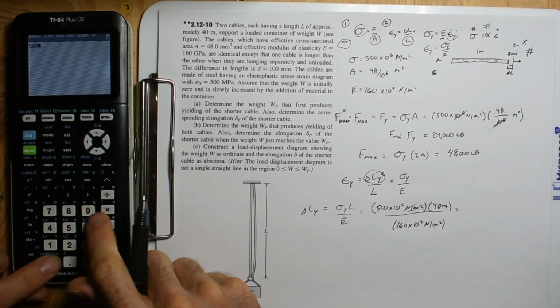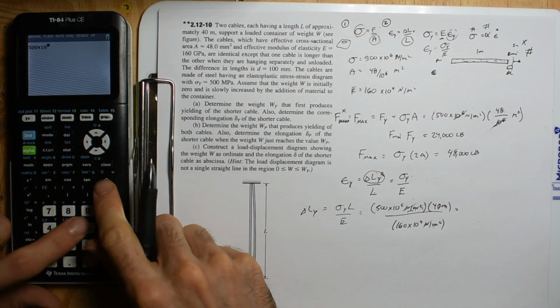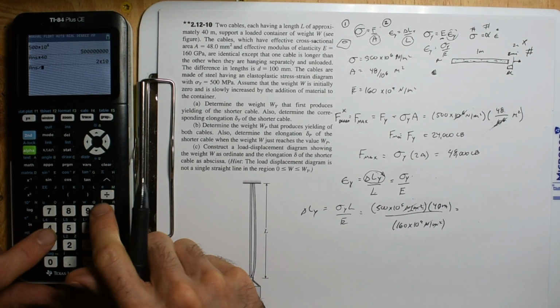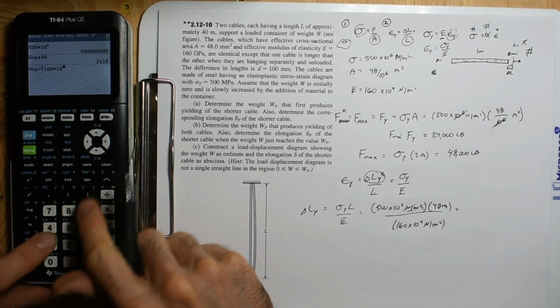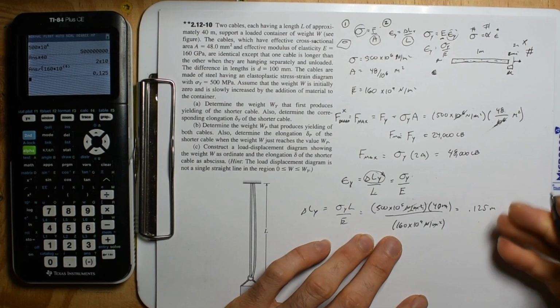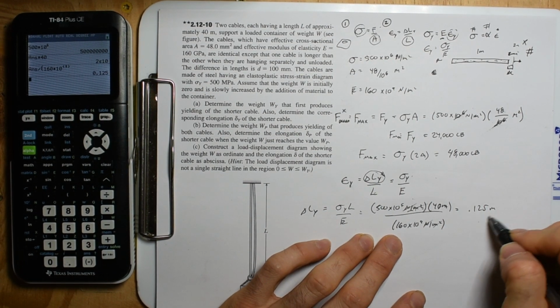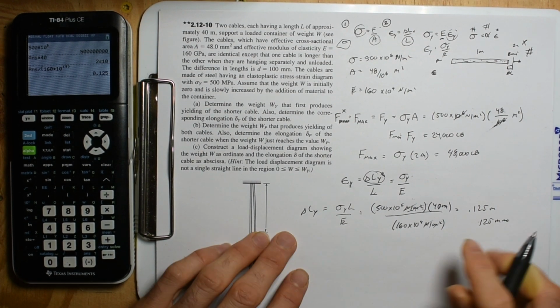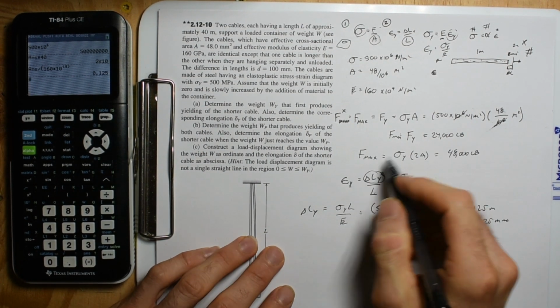So let's do that. 500 times 10 to the 6 times 40 divided by 160 times 10 to the 9. And we get 0.125 meters. Cool. An actual number that, multiply by 1,000, we get 125 millimeters. So this says for one rope, and we're just taking one rope at a time,